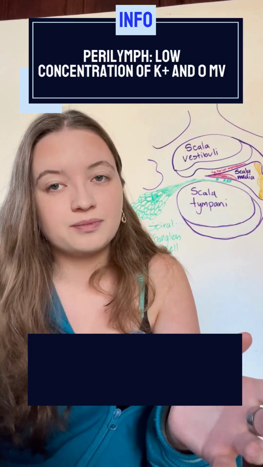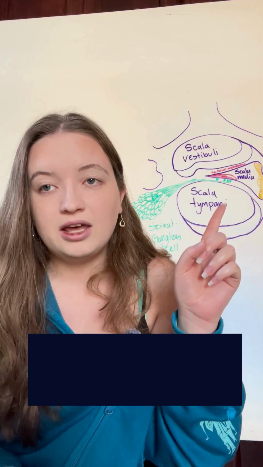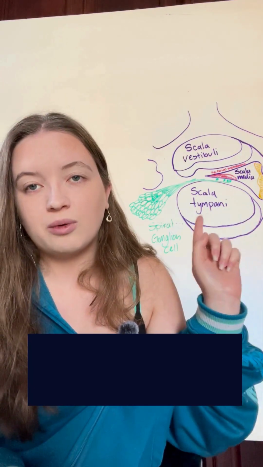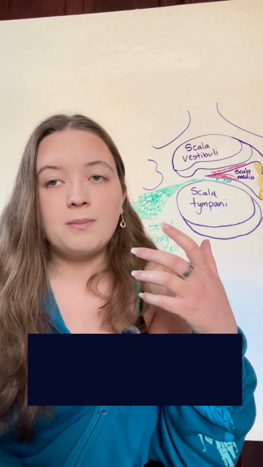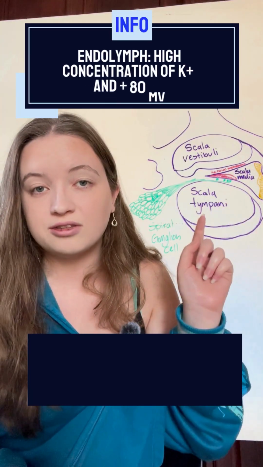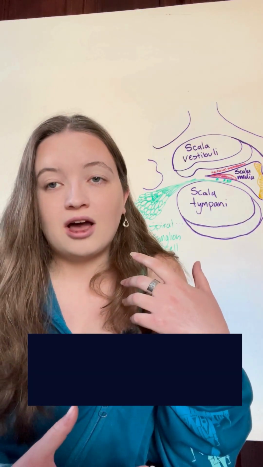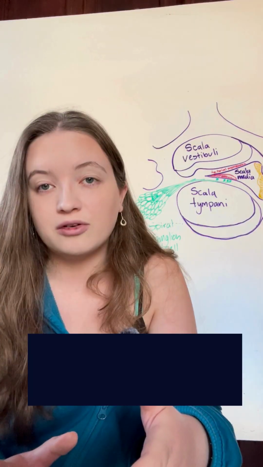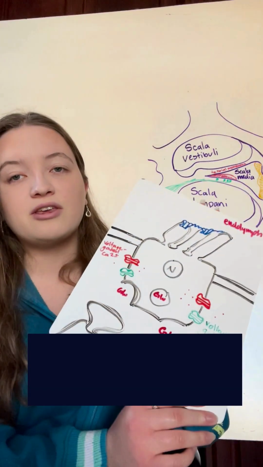0 millivolts. The other section here, this triangle piece, is called the scala media, and it has a stratified epithelium section represented by that yellow right there, called the stria vascularis. The cells here are going to pump potassium into the endolymph, which is the fluid inside the scala media. Unlike the perilymph, the endolymph has an obviously high concentration of potassium, and it comes in at around 80 millivolts. But we'll set that aside for a moment and talk about the hair cell, which acts as the sensory